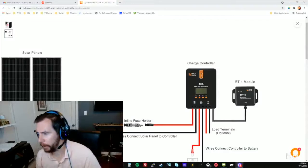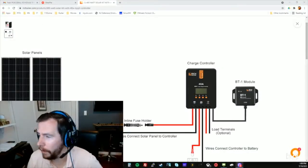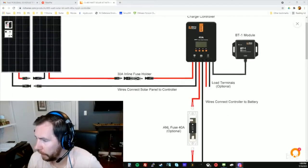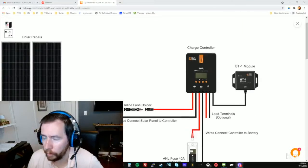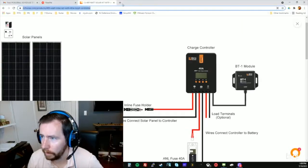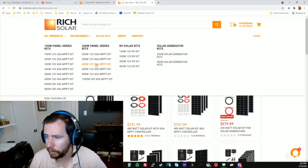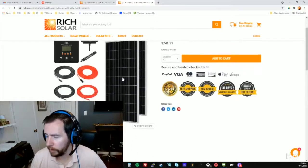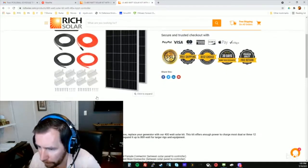All right, as promised, I just wanted to quickly show you the diagram from richsolar.com on how to connect the system as a whole. If you go to richsolar.com, let me just go there real quick. The 400 watt, 12 volt, 40 amp MPPT kit. I actually got this for, I think, almost $100 cheaper. But in any case,